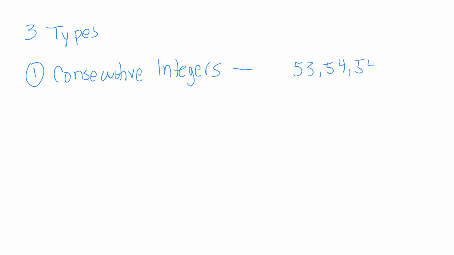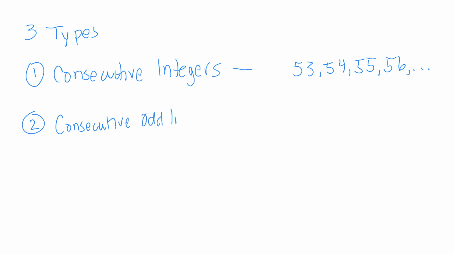We could have just regular consecutive integers. Consecutive integers are a mix of even and odd integers. They have to be in a row, so something like 53, 54, 55, 56, and so on. Okay? The second type of consecutive integers could be consecutive